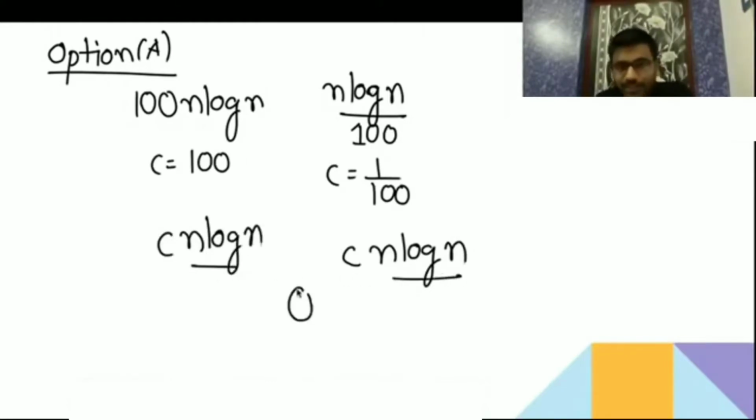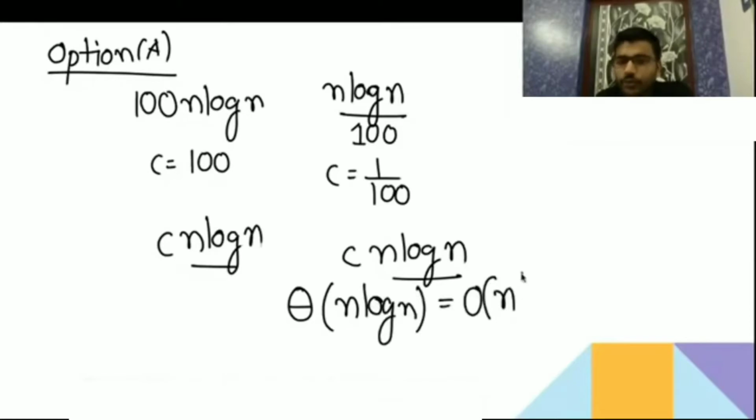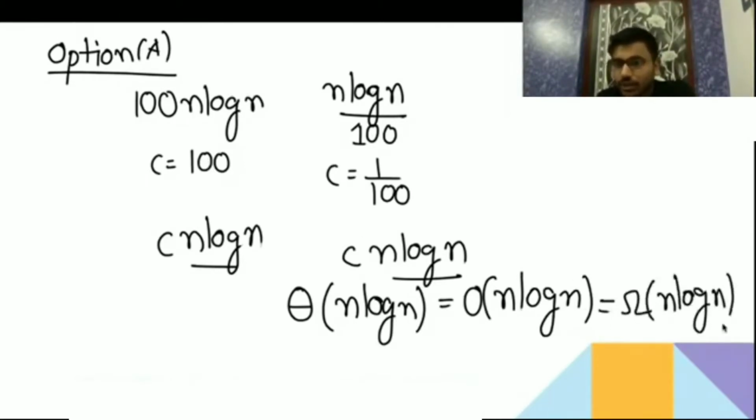It is going to be theta. You can write it as theta of n log n, or you can write it as omega of n log n. Both are going to be the same because here you are dividing by a constant, and here you are multiplying by a constant, and constant is not going to affect anything, because we are not going to consider the constant. So it is true. That is going to be Big O of this.